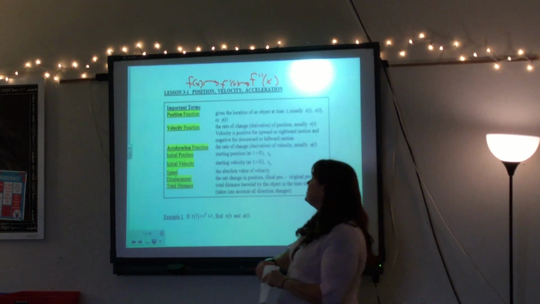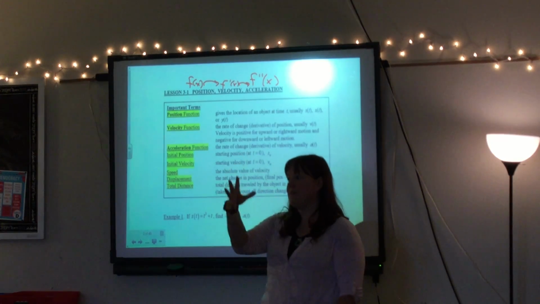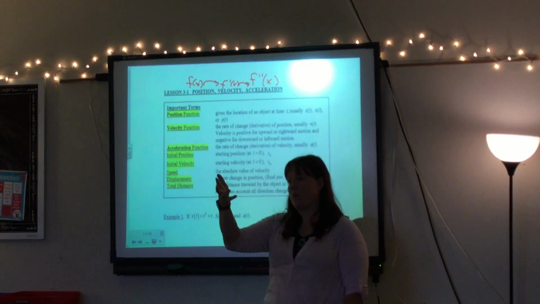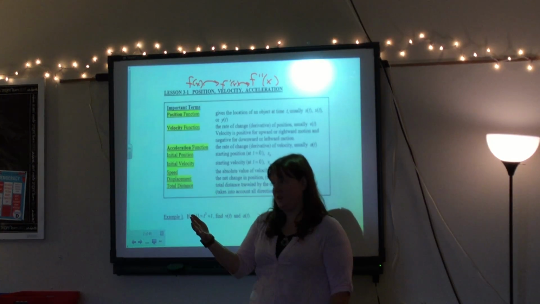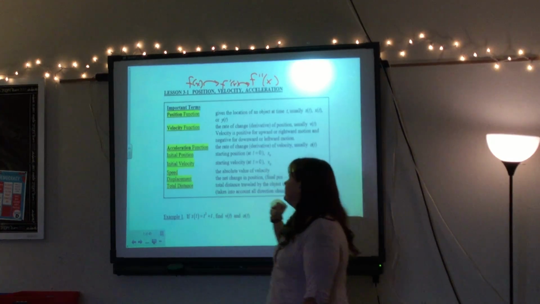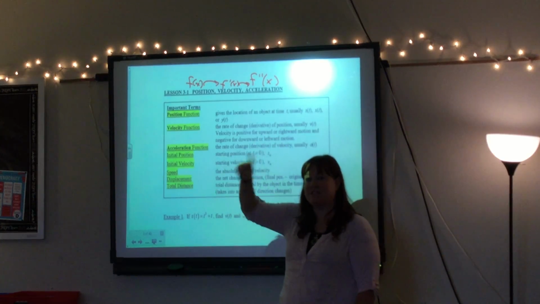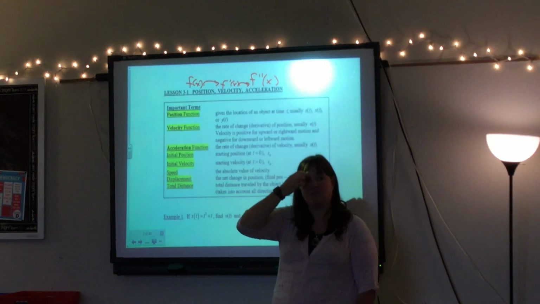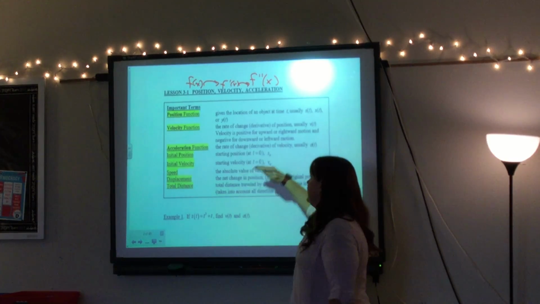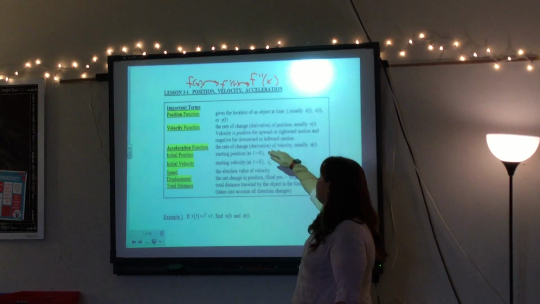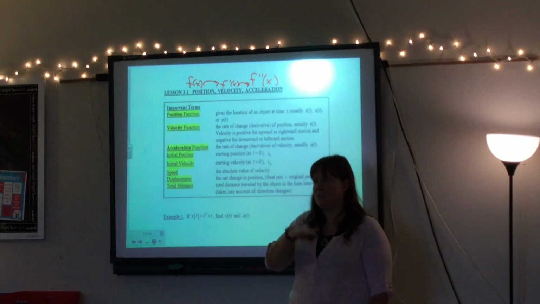So this says the position function gives the location of an object at a time. So basically, if I put a time in there, if I say at 2 minutes, where is this object that we're talking about, it will give me a position. The velocity function tells me the rate of change of the position. How fast is it going at that moment, right? So the derivative is going to give me my velocity. How fast is that particle moving in space? And the acceleration is the rate of change of the derivative of velocity. So how much is the velocity changing? You know, are they stepping on the gas or not?